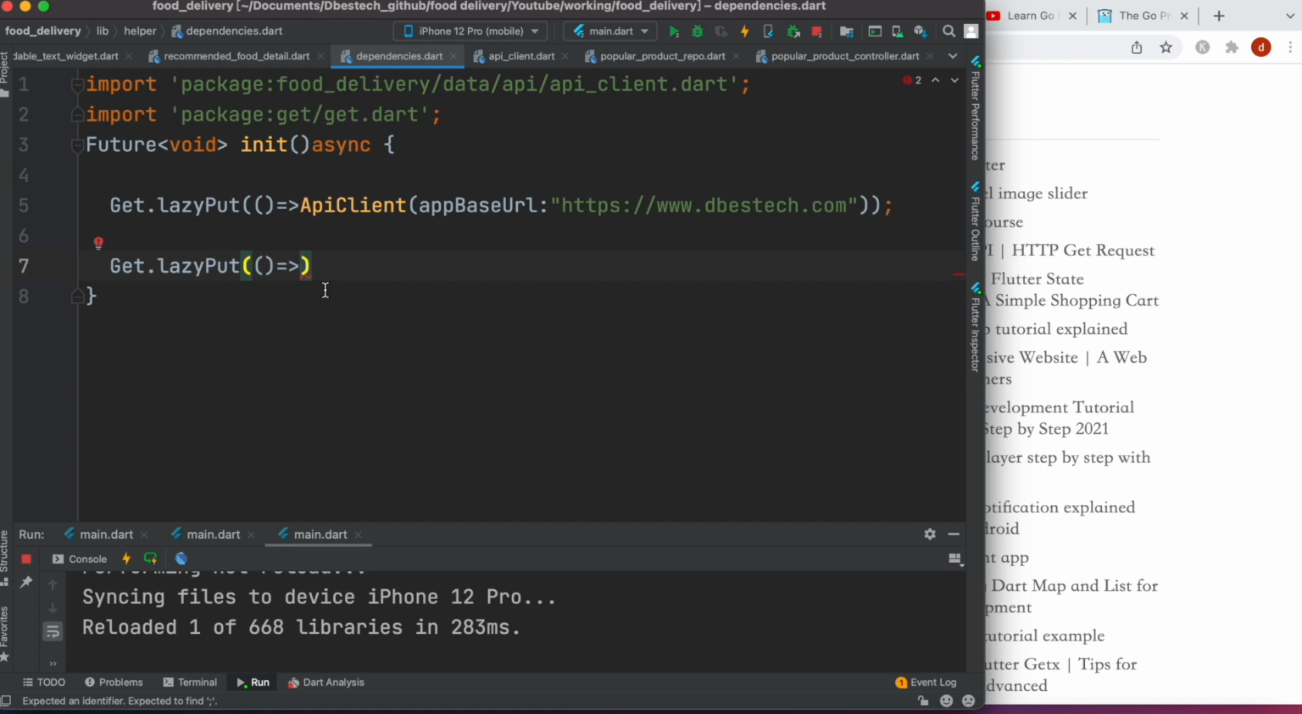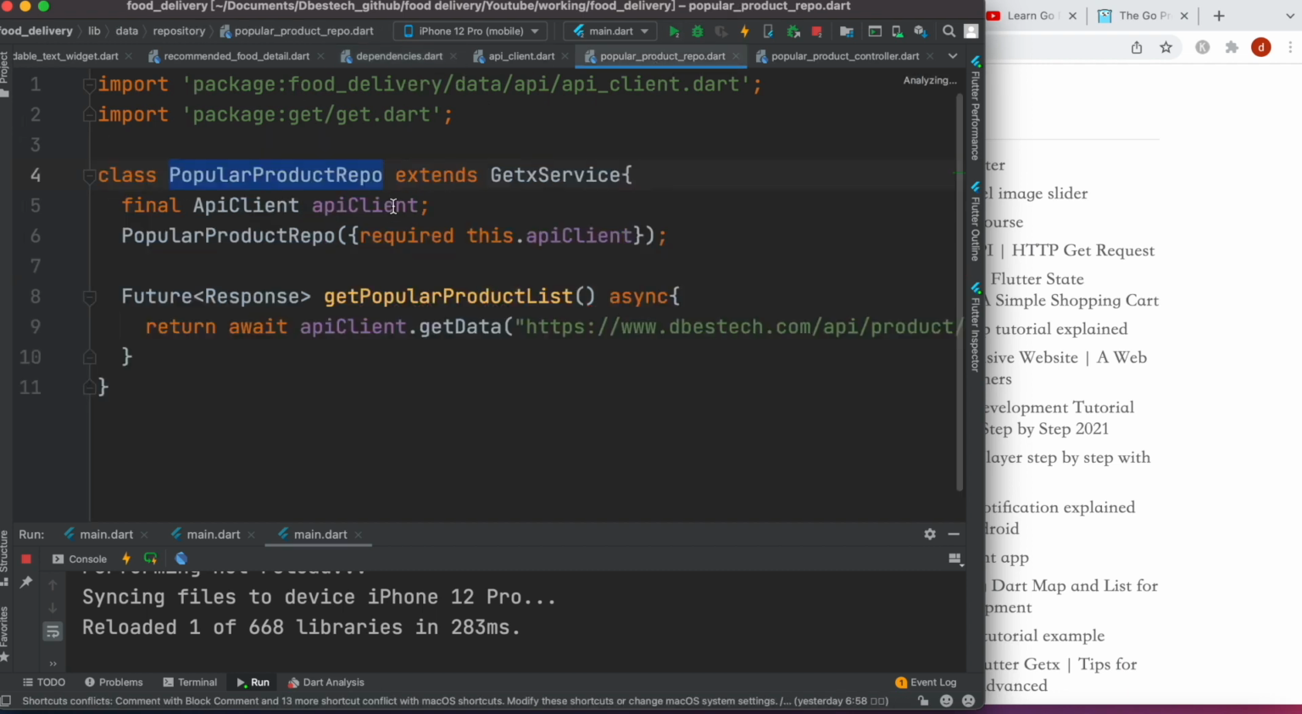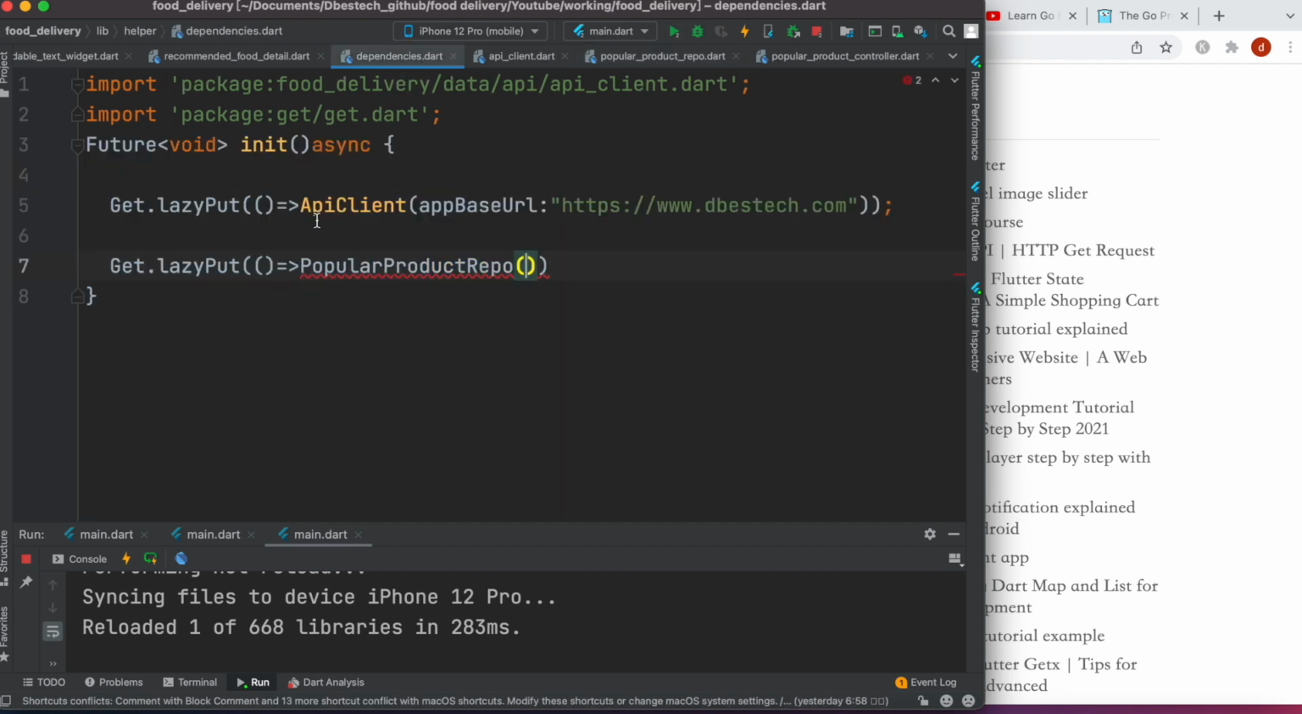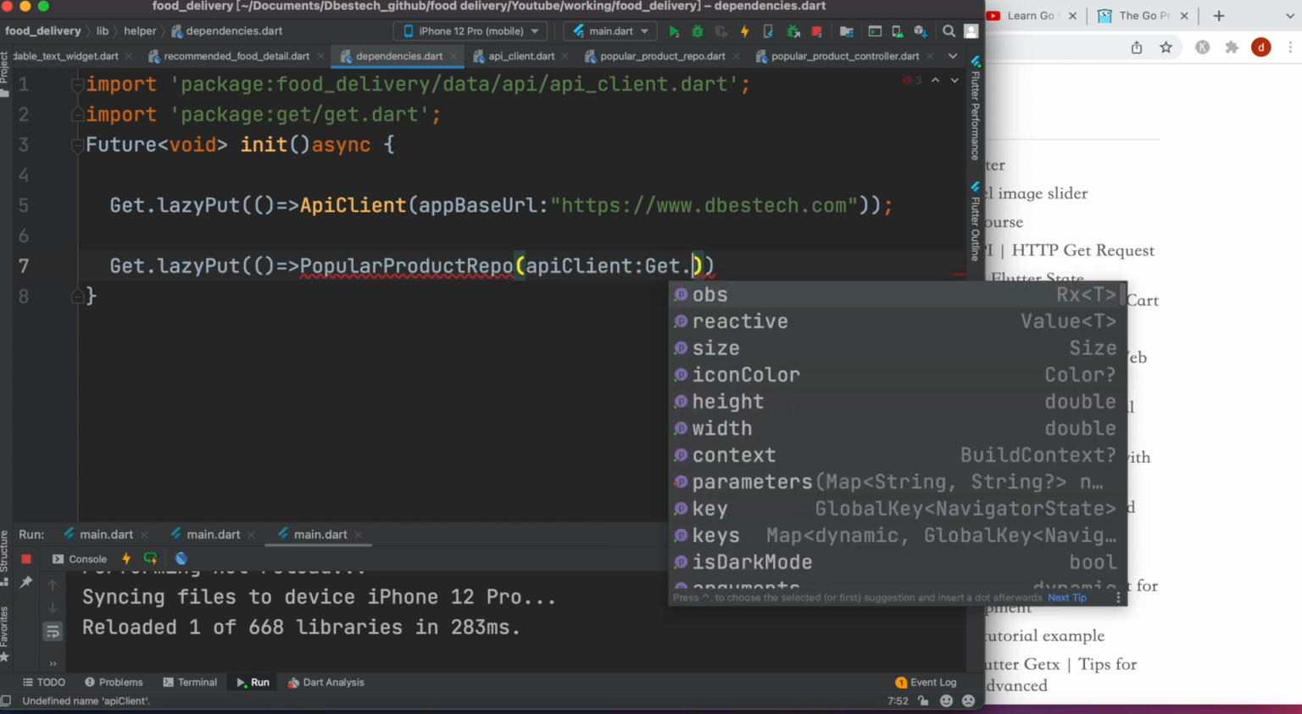Now here I'll just use this one, and inside of this one, you should pass API client. Do remember that. Here it takes API client, right? So we already initialized API client over here, so now we could go ahead and pass API client to it. Okay, API client. Yeah, and now here we'll do get.find,